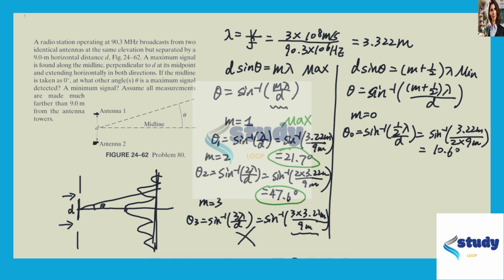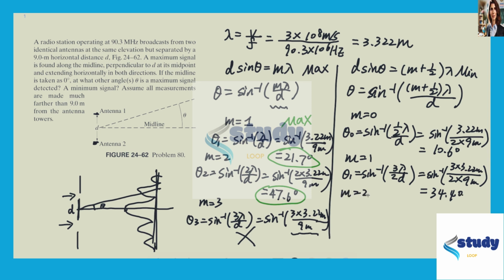For m equals 1, theta 1 equals arc sine of 3/2 lambda over d, which is 3 times 3.22 meter over 2 times 9 meter. And that is equal to 34.4 degree. Okay, so what about m equals 2? Theta 2 equals sine negative 1 of